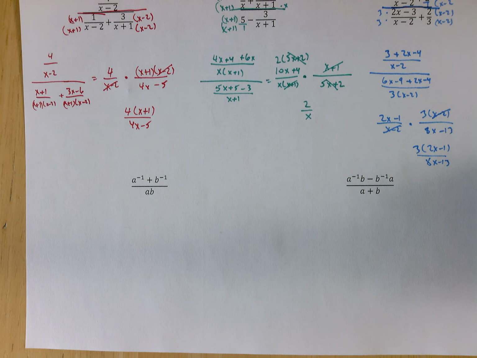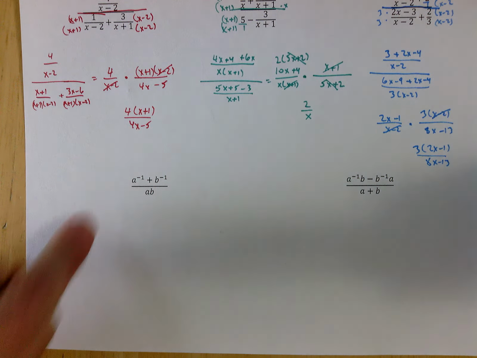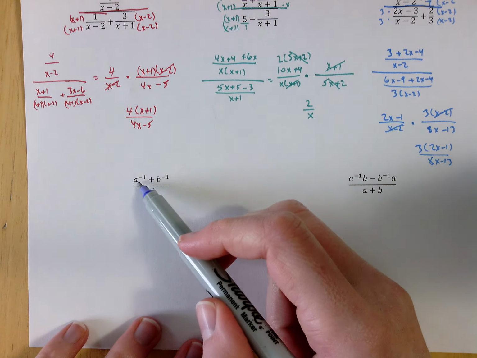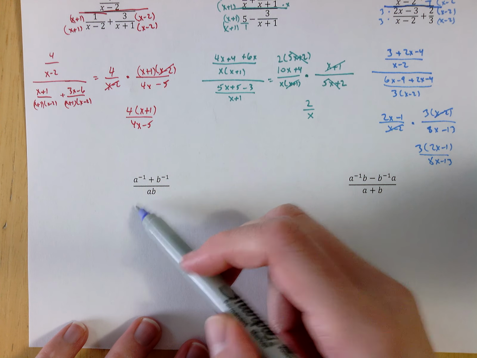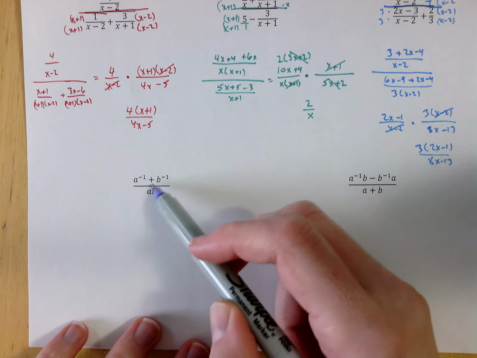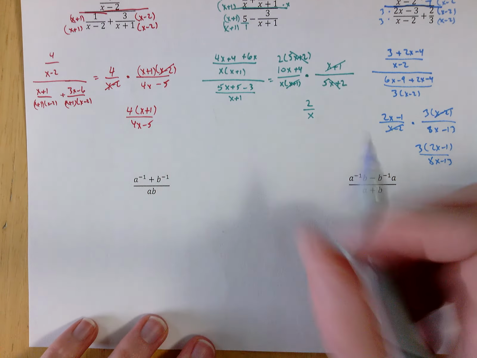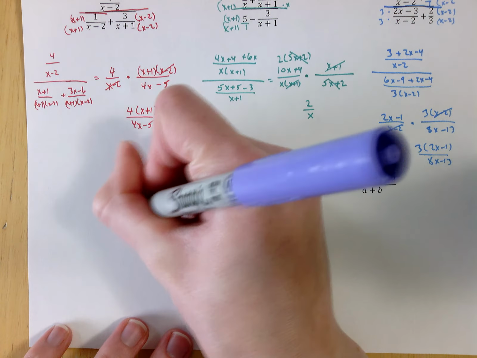All right, now these last two problems are a little bit different, okay? So these ones are just a tad different from the ones that we've been looking at. No big deal, okay? It's because we have these negative exponents. So negative exponents, remember, flip. But I can't straight up flip this to the denominator because it's being added to something else, and that sort of messes things up. So what we're going to have to do is I'm going to rewrite this as